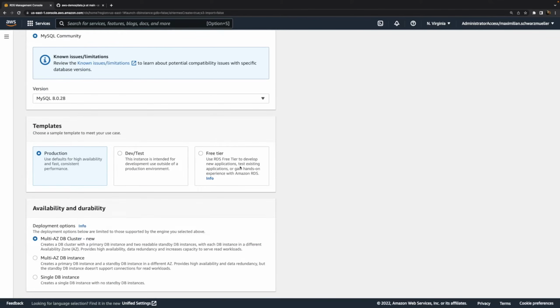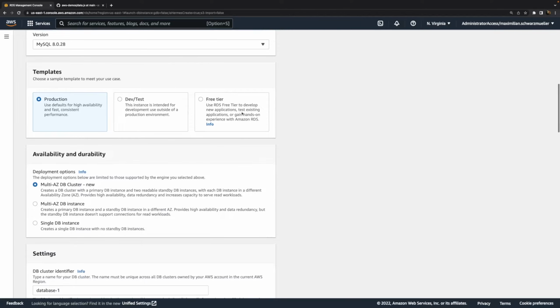And you can also select a template that then limits the options you have further down below. Limiting the options can make sense to, for example, ensure that the database instance you're going to launch will qualify for the free tier so that you're not paying for it. If you run a production workload, you of course might want different settings, but for this video, I'll choose the free tier option.